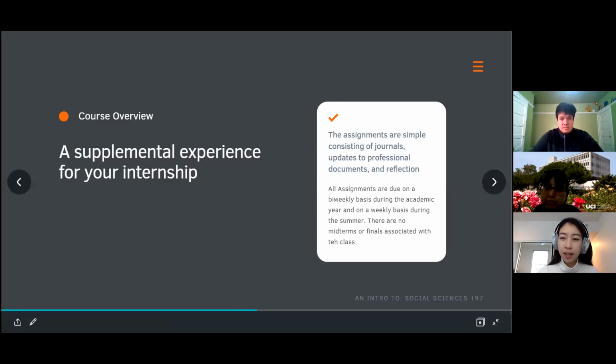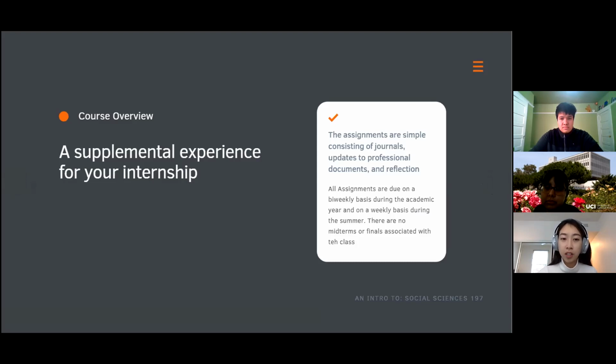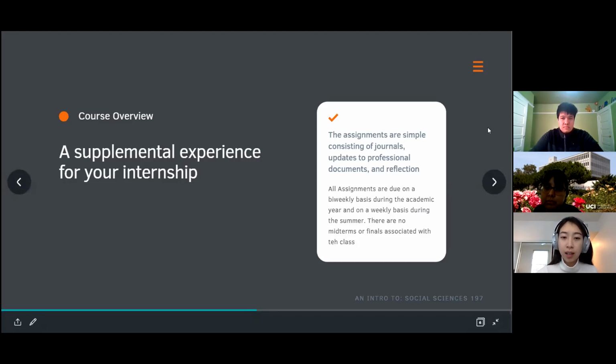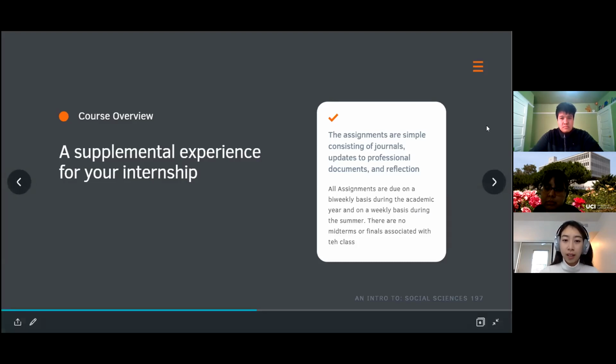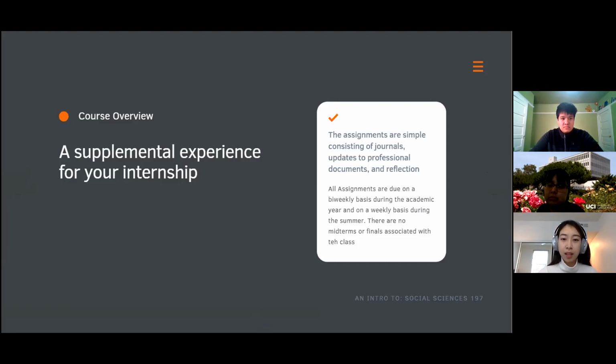If the internship that you have is less than 10 hours a week, then it will be approved as a 2-unit class. If it's a paid internship, it would also be 2 units, and it varies from the time. If you have more than 10 hours a week, then it's going to be a 4-unit pass and no pass session.